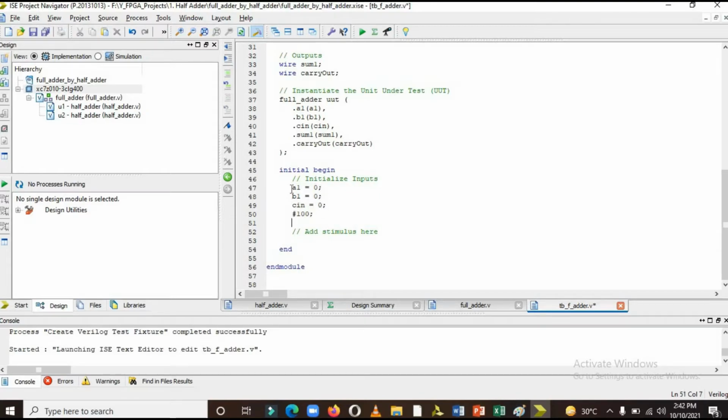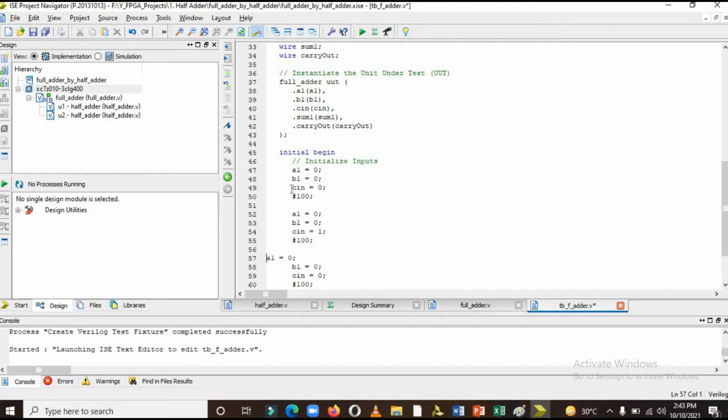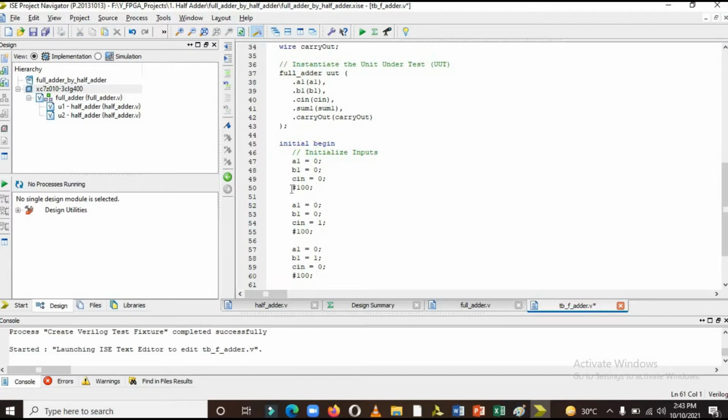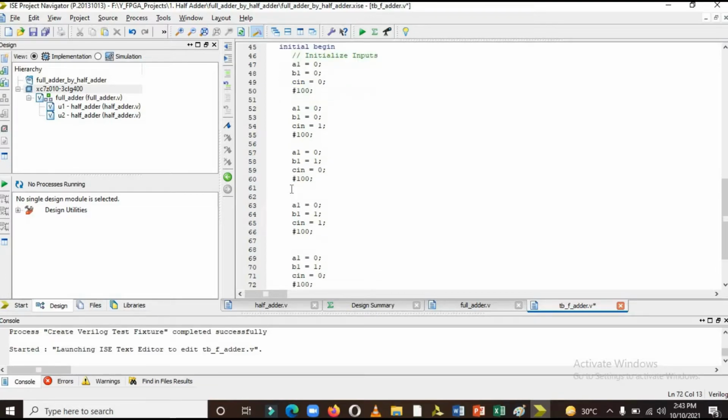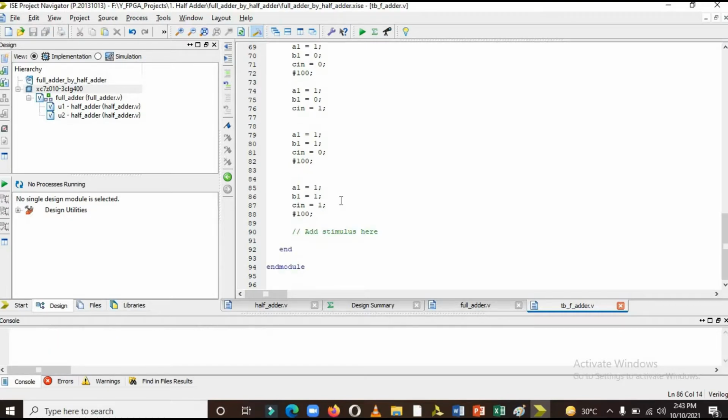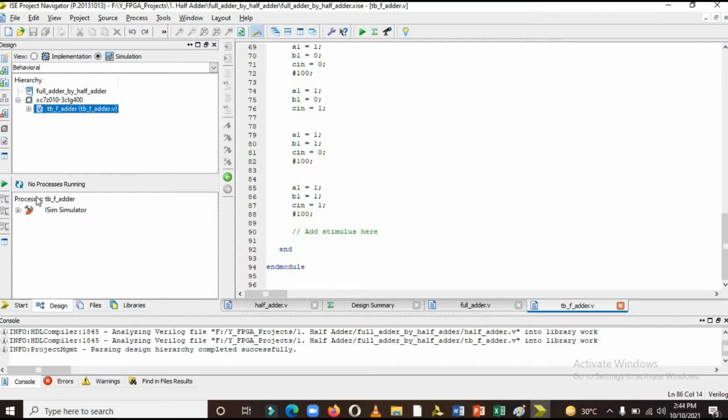So for better understanding, we are going to define every case here: 0 0 1, 0 1 0, 0 1 1, 1 0 0, 1 0 1, and 1 1 0, 1 1 1.